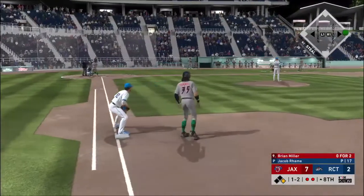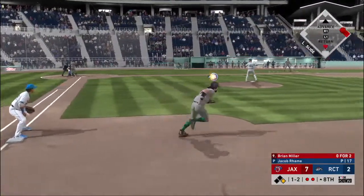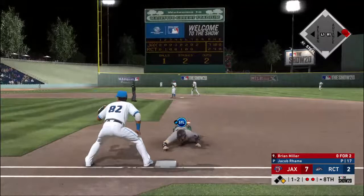Hey, talk about having a productive inning. You like to see that. You like to add on runs anytime you can. And a sac fly here gives their...